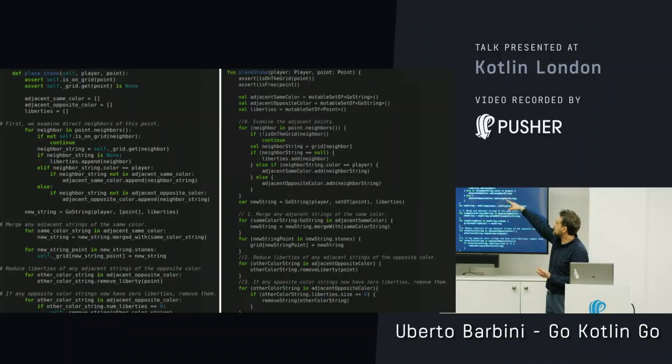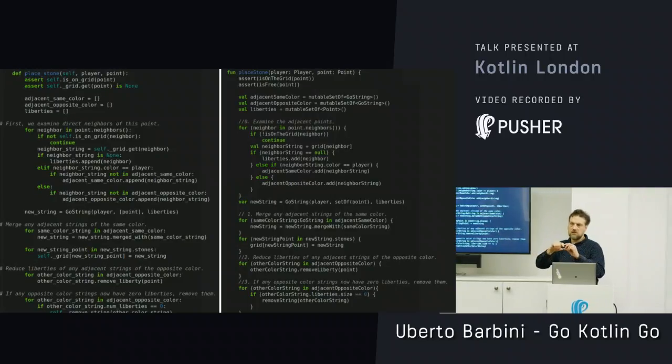Basically, it checks the color and puts the point in one of the three sets: liberties, same color, opposite color. Then it creates a Go string. The Go string is a set of stones of Go that are touching each other, not diagonally, but directly.